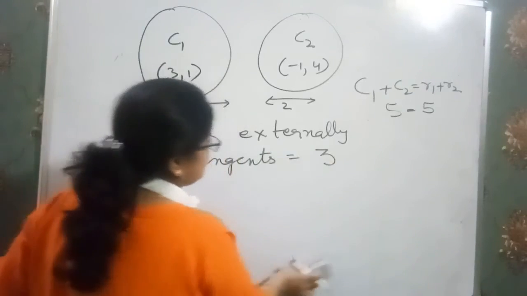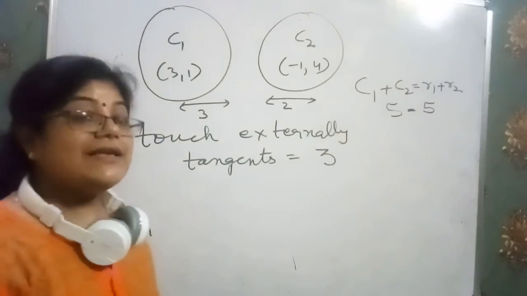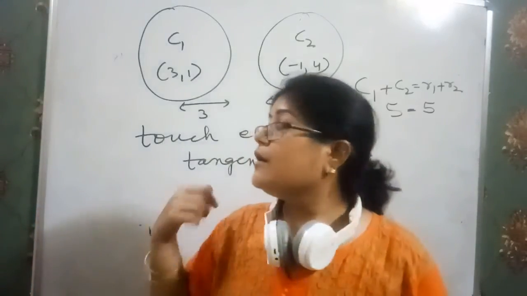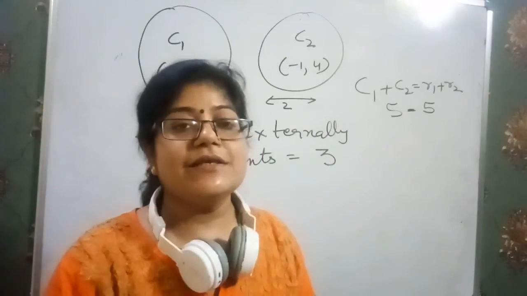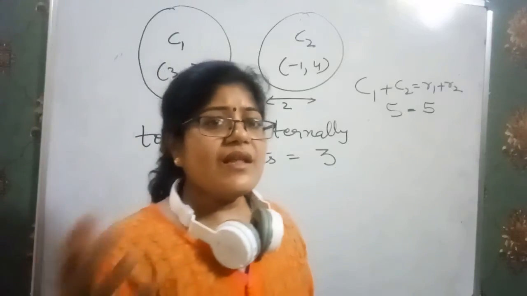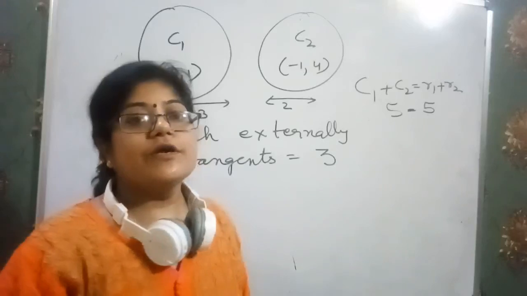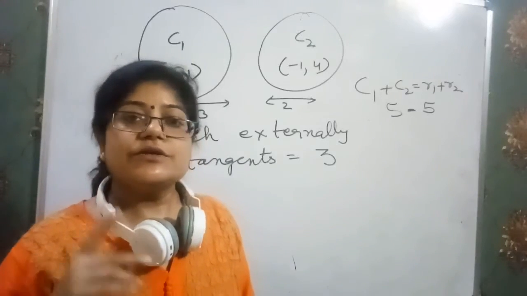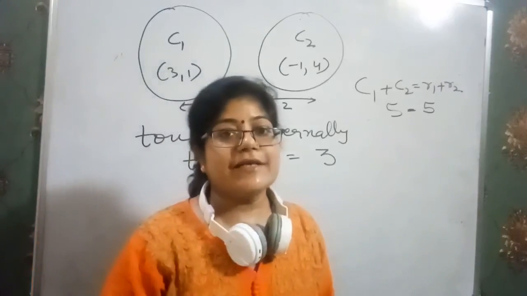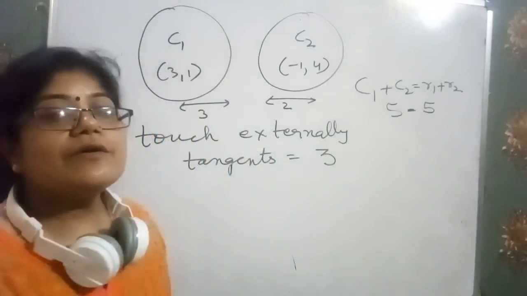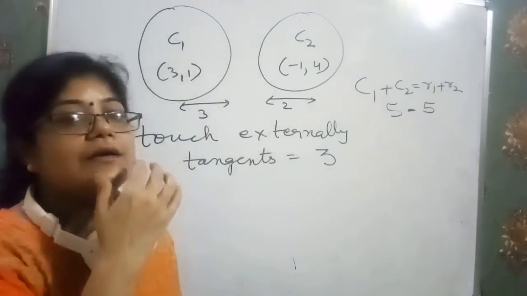So similarly you can find the number of tangents in different cases. I will make another video which is totally on the concept of the tangents drawn to the circle and the equation of tangents, and in that video I will also cover the normal of the circle, the normal drawn to the equation of the circle. So if you want to see that video, just go into the description box, you will get the next video. Until then, this video is just the concept of all the topics of the circle which you must know for your elementary knowledge.